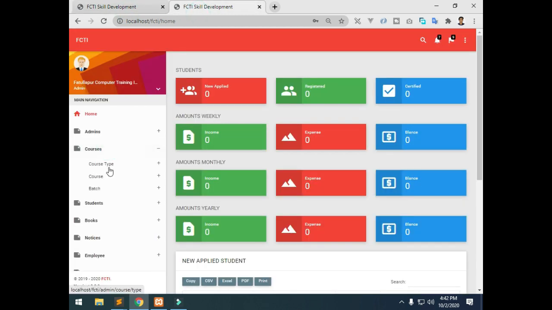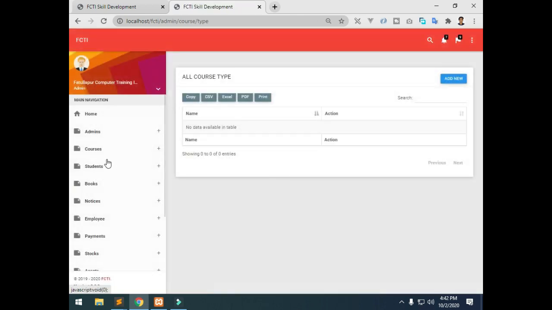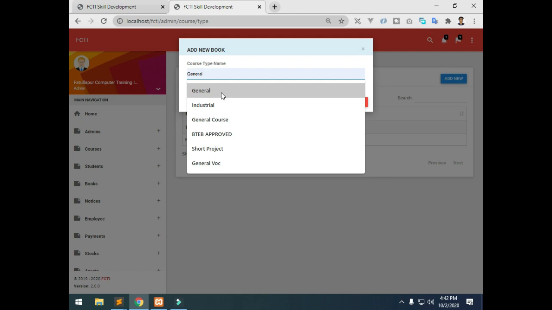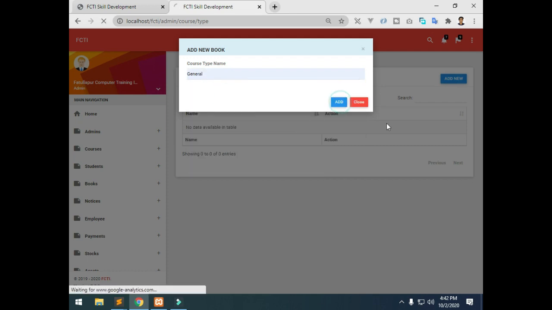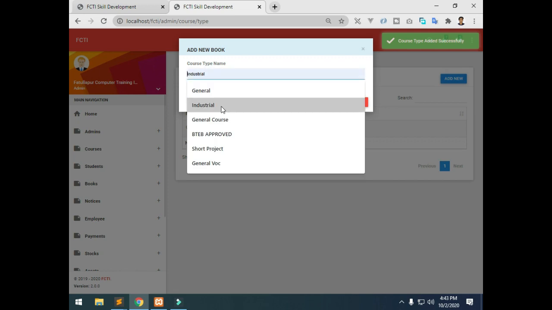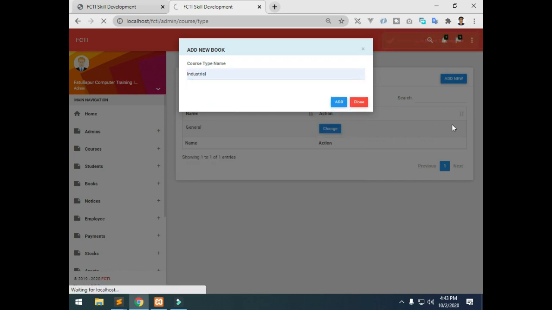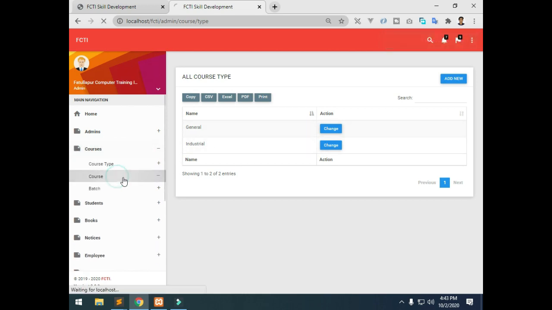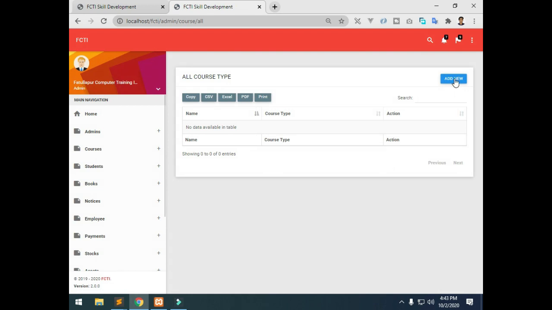Here is the course module. I have to add a course type here. So add new. Now I will add two types of course, like general and industrial training. You can add anything here for your own institute. So here I have added two course types. Now I have to add a course in these types, add new.